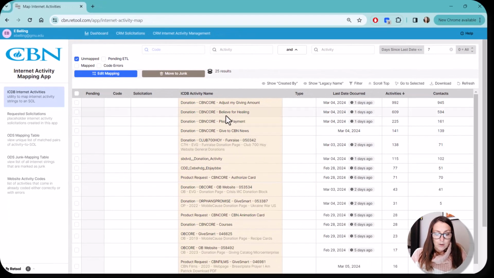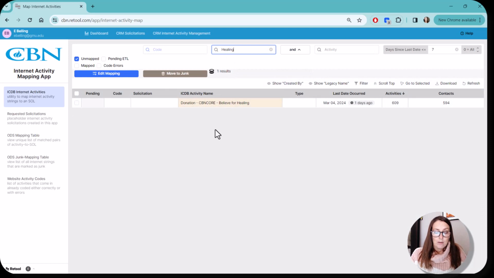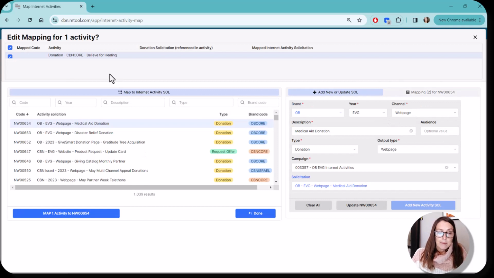Now, if we want to go ahead and look, let's say Believe for Healing, and we want to go ahead and map that one, I can type in the word healing in the parameter and see if there are any more. And it looks like this is the only one, so we can go ahead and just map that one. When we come to the mapping screen, what you can see here on the top, it shows that you have selected one activity,